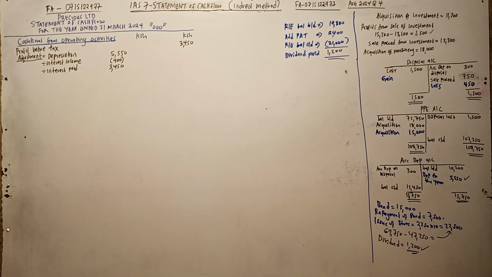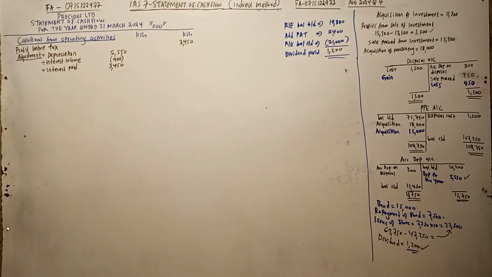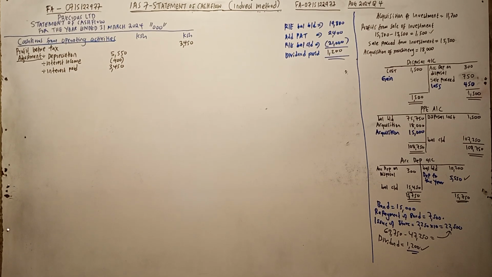I mean nilipata 1500. So pale anatuambia gain from sale of investment 1800. Na mimi pale nilipata 1500. Let us get the difference again. Tuone kama kuna mahali tulikosea. Tulipata pale walituambia ni